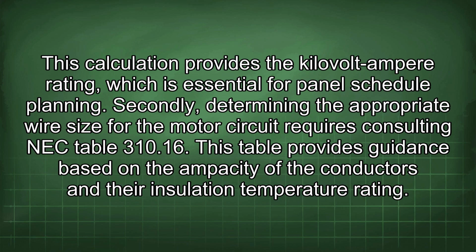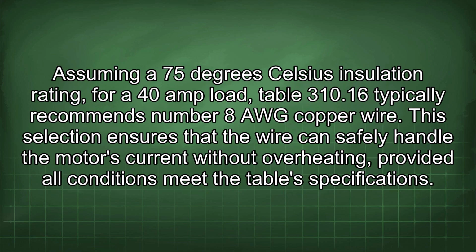Secondly, determining the appropriate wire size for the motor circuit requires consulting NEC Table 310.16. This table provides guidance based on the ampacity of the conductors and their insulation temperature rating. Assuming a 75 degrees Celsius insulation rating for a 40 amp load, Table 310.16 typically recommends number 8 AWG copper wire. This selection ensures that the wire can safely handle the motor's current without overheating, provided all conditions meet the